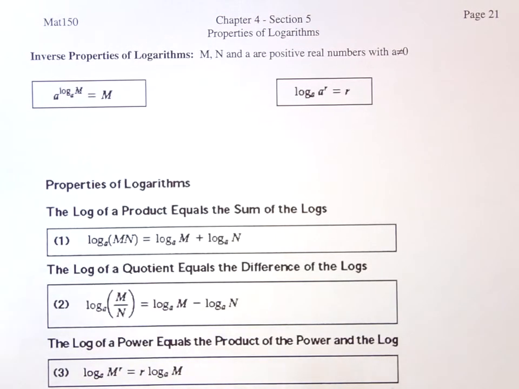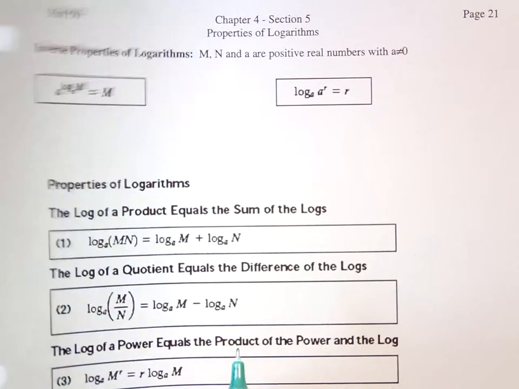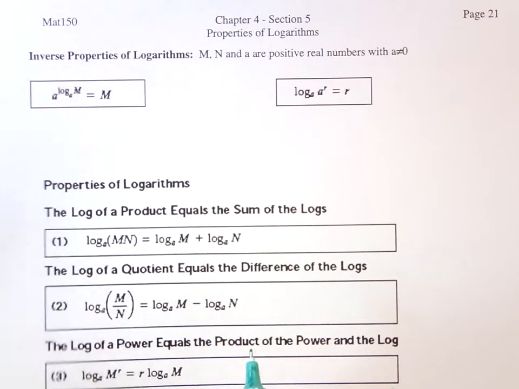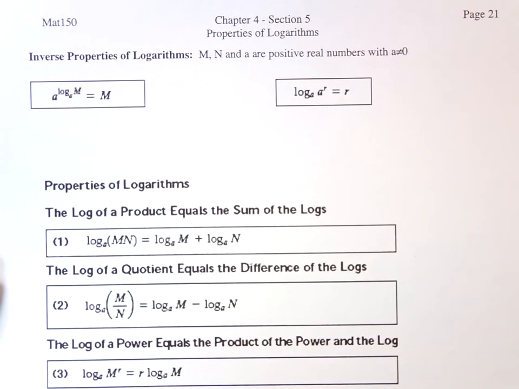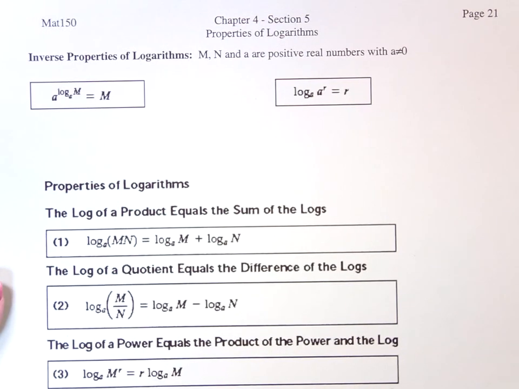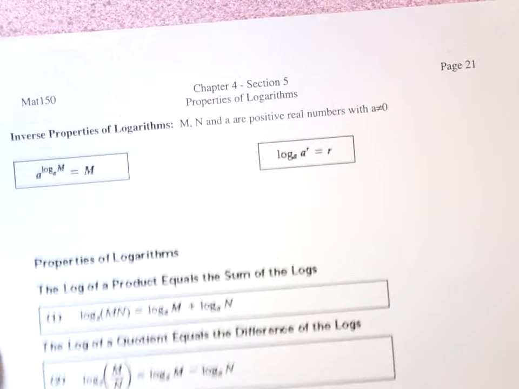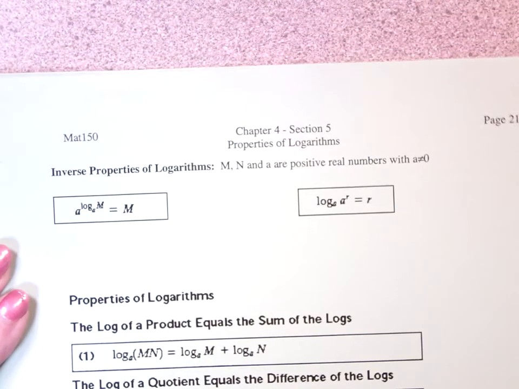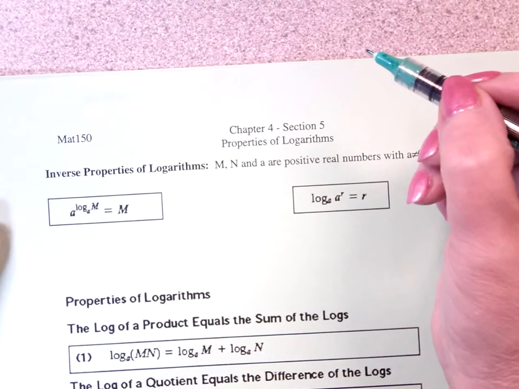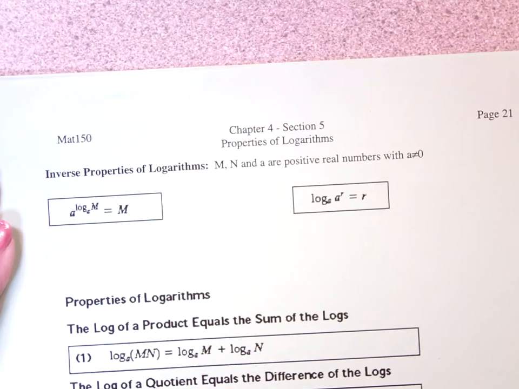This whole section deals with the properties of logarithms, and we use these all over the place in calculus to simplify stuff, and to simplify formulas, and to simplify things that we can use a calculus process on. So these are essentially attached to the properties of exponents. They have to be, because remember, the relationship between the logarithm and the exponential is that